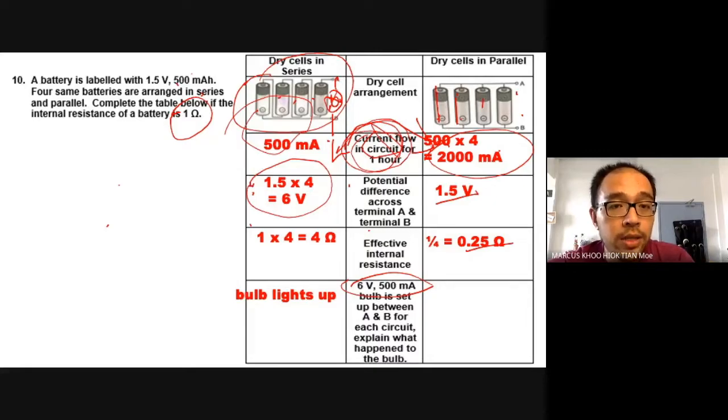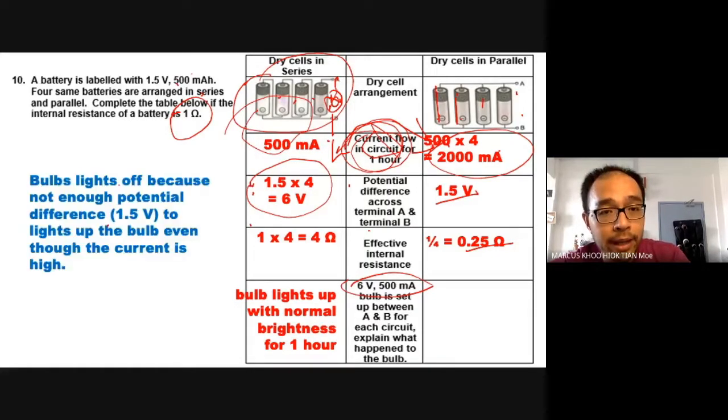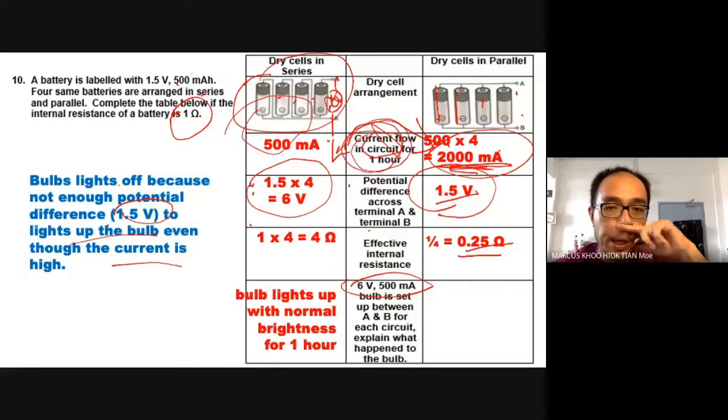Okay, in the series circuit, the bulb will light up with normal brightness for about 1 hour. But in a parallel circuit, the bulb will not light up because there is not enough potential difference to light up the bulb even though the current is high. Look at the current flow. Current flow is high, but the potential difference is so tiny, and then combined with the internal resistance, there will not be enough